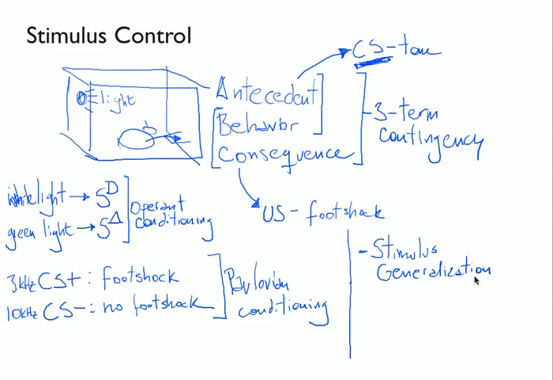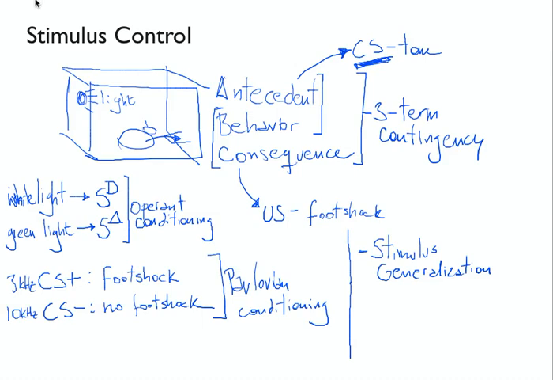So think of what would happen in an animal that is well trained with this white light, green light discrimination task, which white light serves as SD, green light as S delta. White light should result in lever pressing, green light in no lever pressing. Suppose you present a very light yellowish light that the animal has never seen before. What do you think would happen? Most likely the animal will respond to that light a little bit, maybe not as strongly as to the white light, but it will probably respond to some extent.